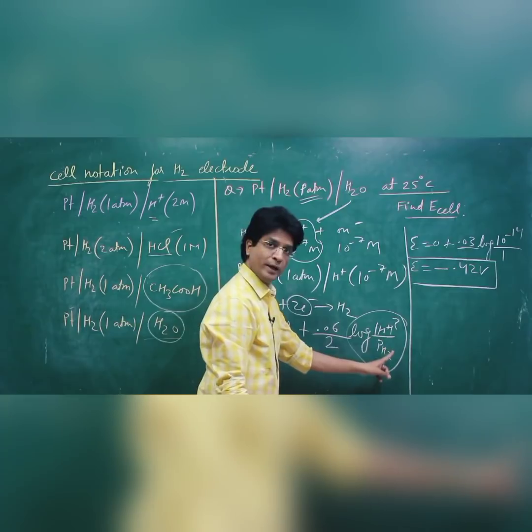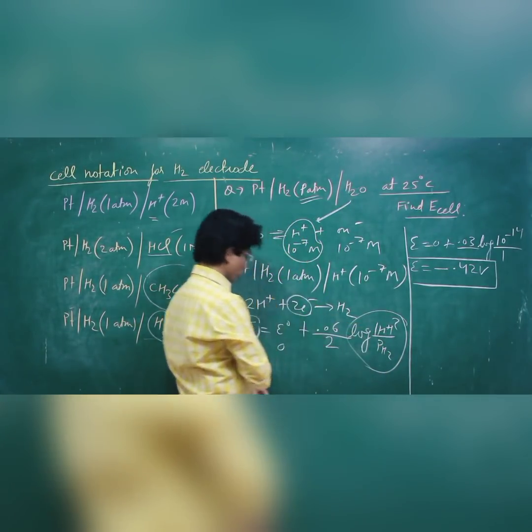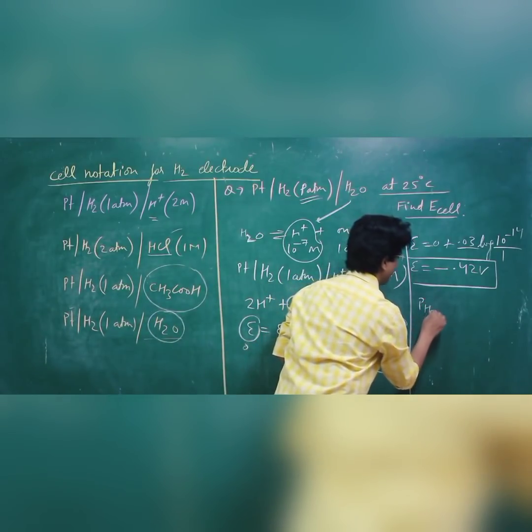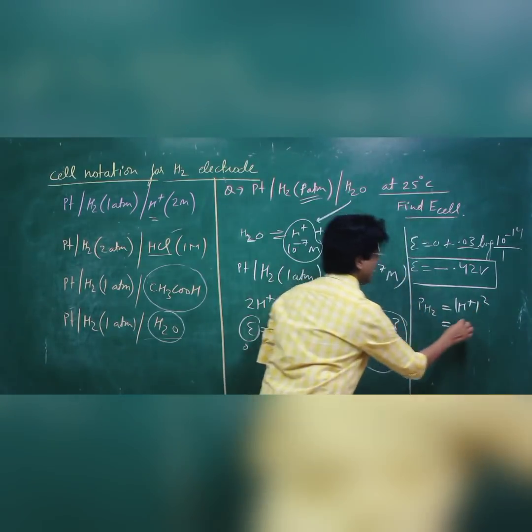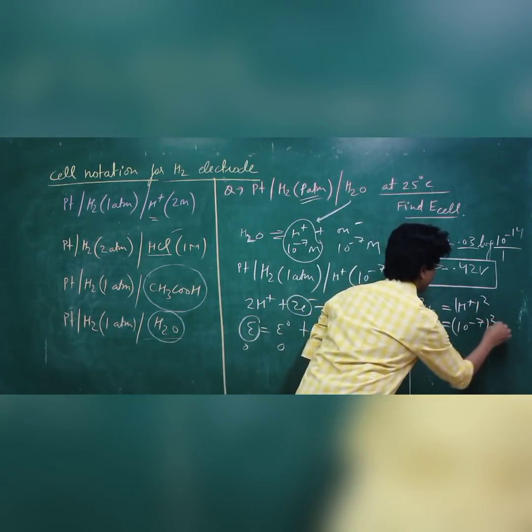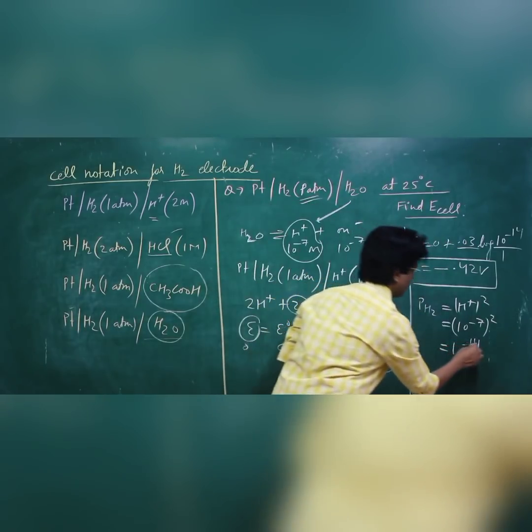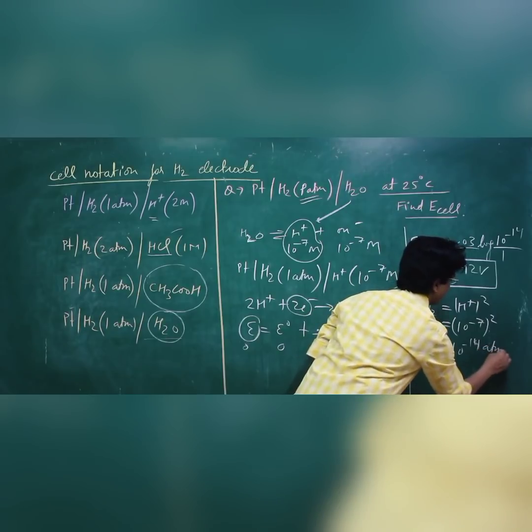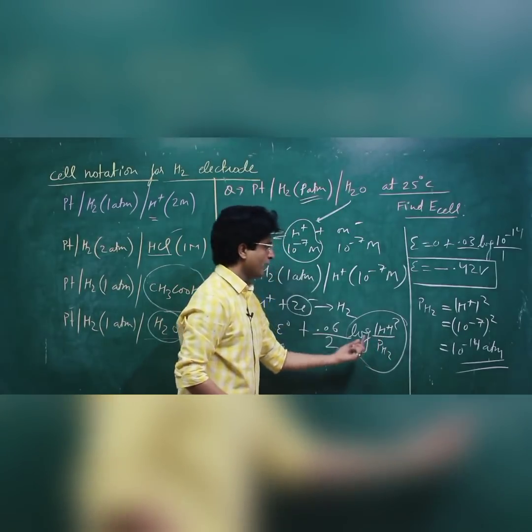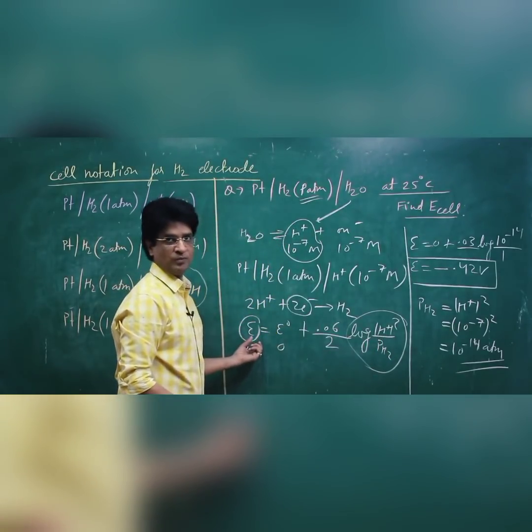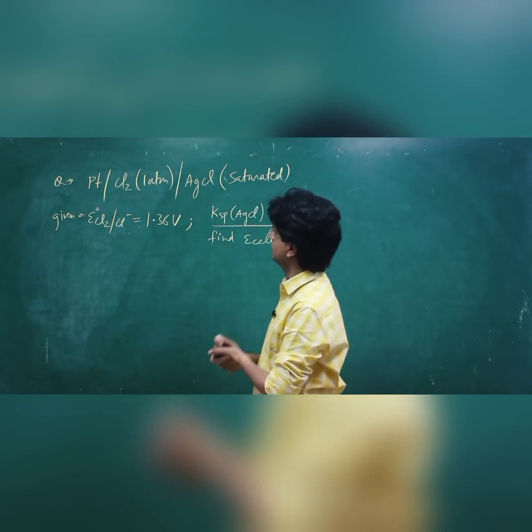This ratio is 1. I know that H+ ion is 10 to the power minus 7. So if you want this to be 0, the partial pressure of hydrogen should be equal to H+ ions whole square. Now H+ ion is 10 to the power minus 7, whole square will be 10 to the power of minus 14. Now if the partial pressure of hydrogen is 10 to the power minus 14 atm, this ratio becomes 1, overall log becomes 0, and I'll have the value of E to be 0. Is that clear? So students, let's see one more question.